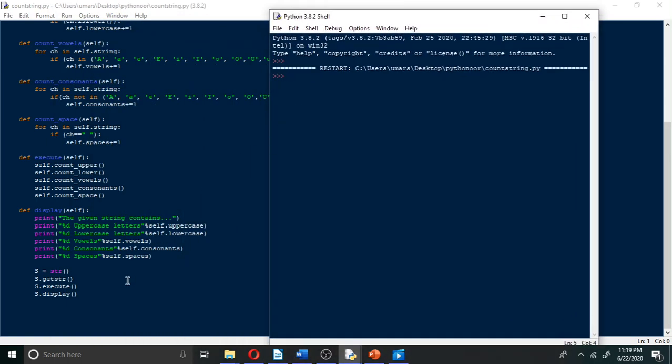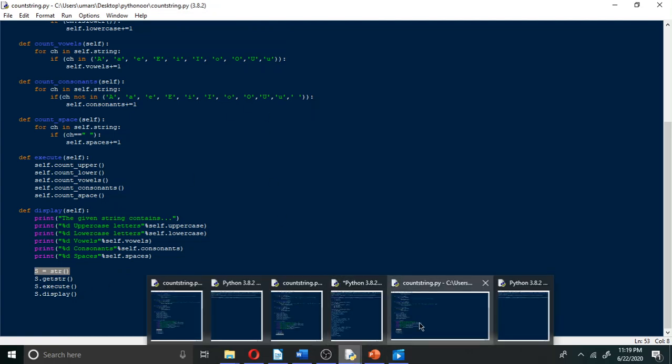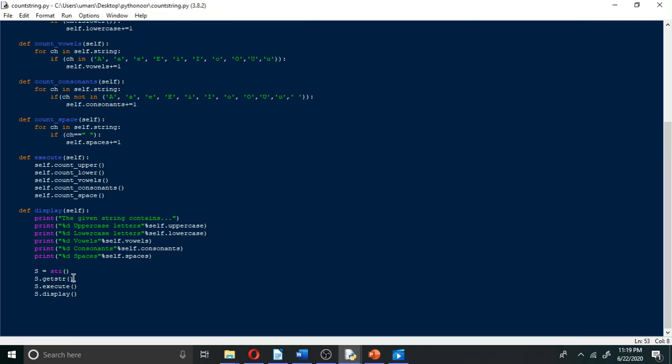To execute it, you first create an object using this line, s is equal to str, which I can copy and paste in the IDLE screen. This command says that we have created an object called s for the class str.